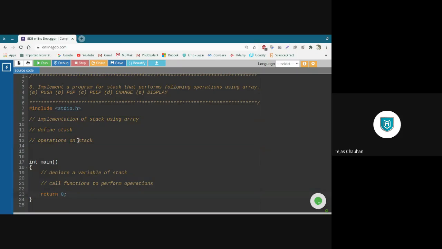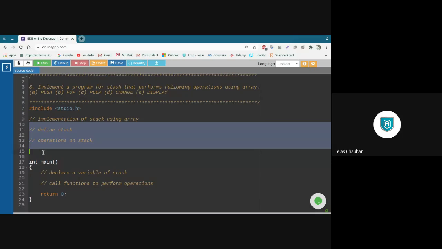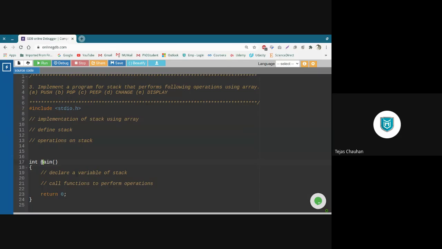So we implement our entire stack and its operations. We define a stack and then we write operations. All those functions we are going to write here. Once we are done with that, to test those operations, in our main function we can declare a variable and then call all those functions and test whether those functions are working properly or not. That's the task we want to perform.